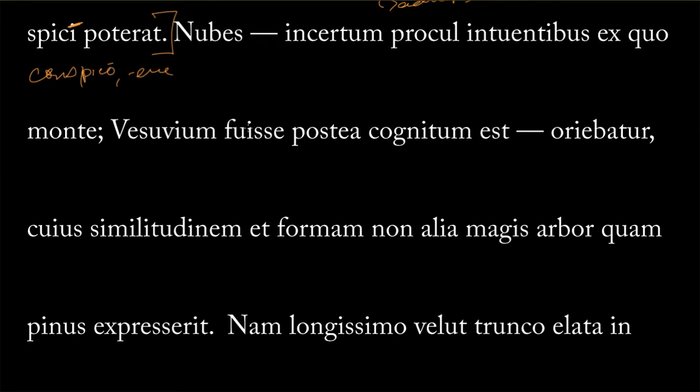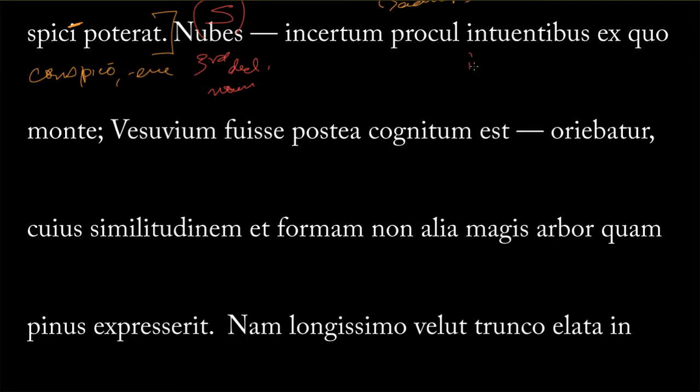So nubes, here we go. What is this? Well, if you look it up in the dictionary, nubes, we've got one of these parisyllabic third declension nouns. So we don't know if this is singular or plural. We'll see soon what number it is, but it's likely going to be the subject given its placement in the sentence, so we can maybe mark it that way. Maybe it's a direct object, but we'll find out soon. So the cloud, or clouds, incertum, so this is just saying it was uncertain, procul, from far off, to those